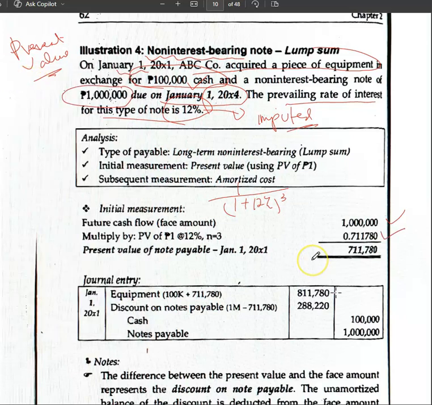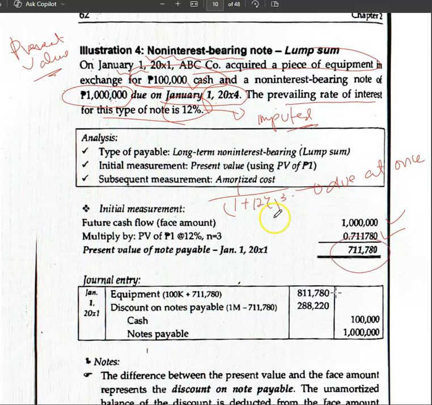Okay. But there are some problems that the present value factor is given. But if not, of course, at least you know how to compute kung paano you can compute yung mga present value factor na yan. Again, this computation is for due at once. Remember that, ha? Due at once. Kasi iba naman yung computation pagdating doon sa installment. Okay. So ngayon, when we multiply the 1 million with the present value factor, then it will give us